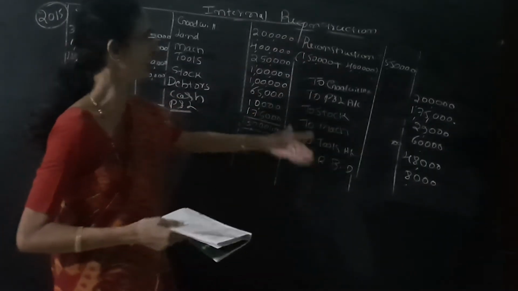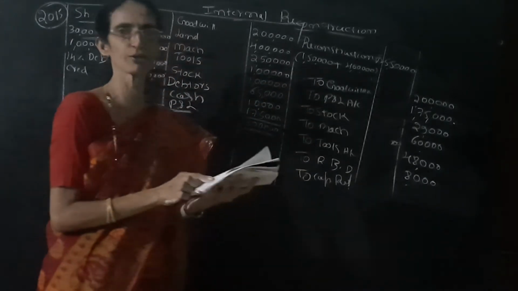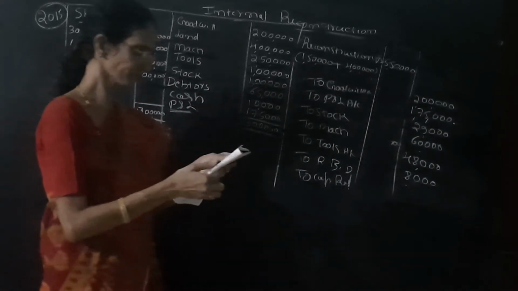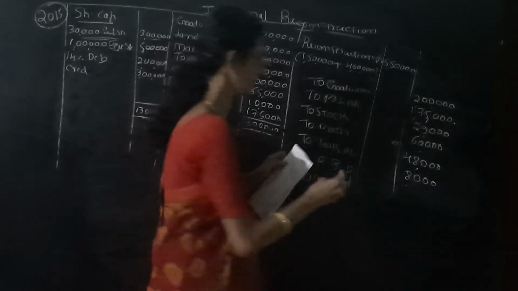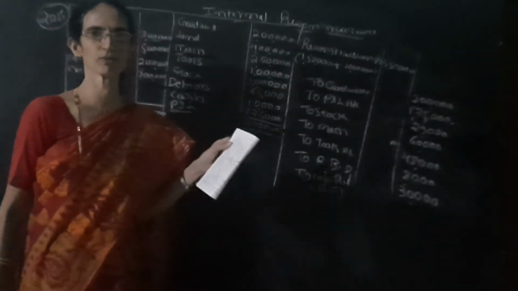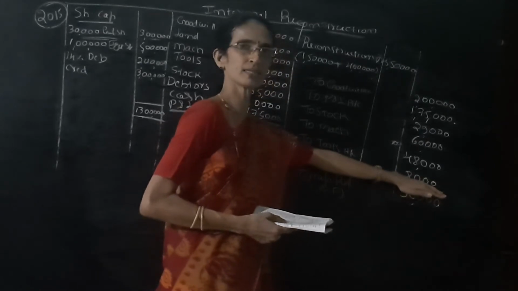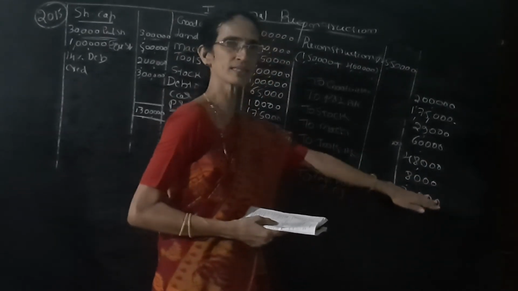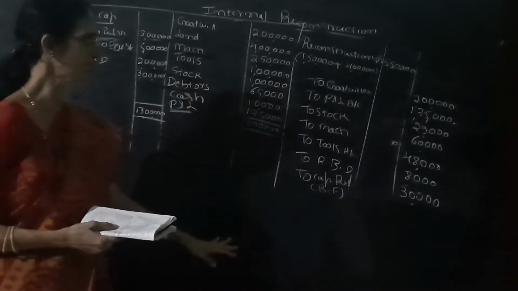Then we have to compare it. So the debit side is more. Deduct it. The balance should be transferred to capital reserve account. So this is the balancing figure. It is 30,000. Debit should be equal to credit. So from this reconstruction account, deduct this much. Then the balance remaining is 30,000. The balance should be transferred to capital reserve account. So these are the journal entries.